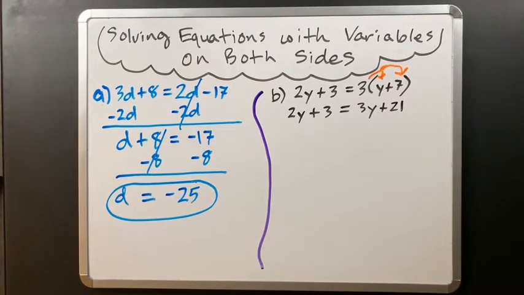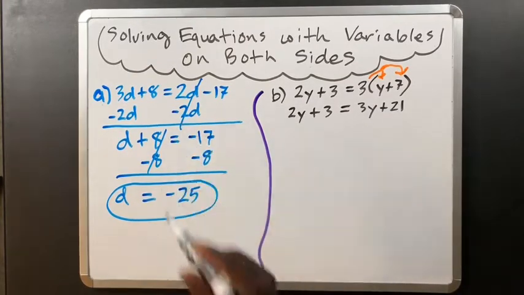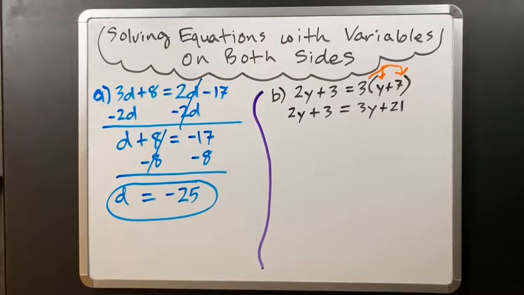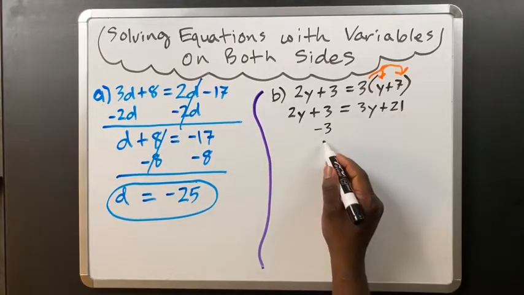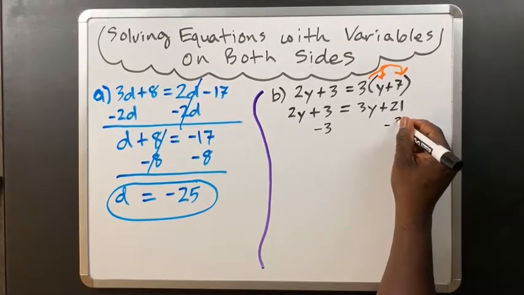Very good. Now, think about what you want to do. Plan of action. Remember, we want the variables to be on one side, and then the constant with the variable to be on one side, and then what it's equal to on another side. In the last problem I dealt with the term with the variable first, but you can also get rid of the constant, or you can deal with these numbers first. So let's decide to get rid of the 3 here. So the opposite of adding 3 is to subtract 3. That's the subtraction property of equality. And whatever you do to one side, you do to the other. Write that minus 3 under this other constant